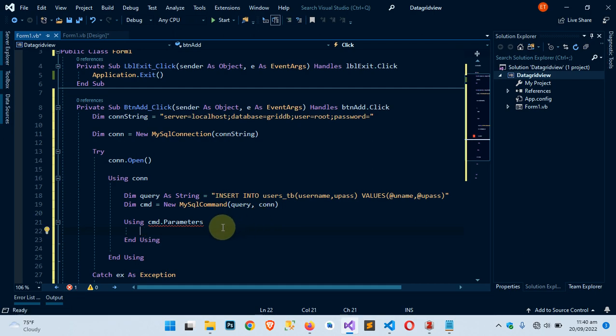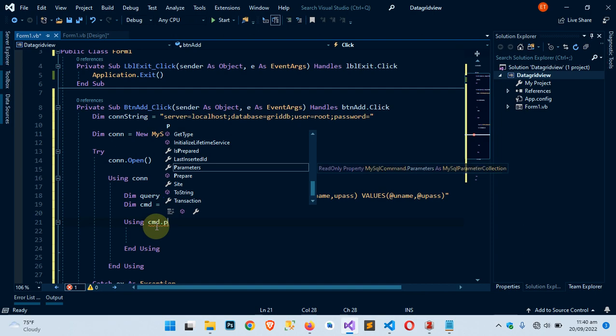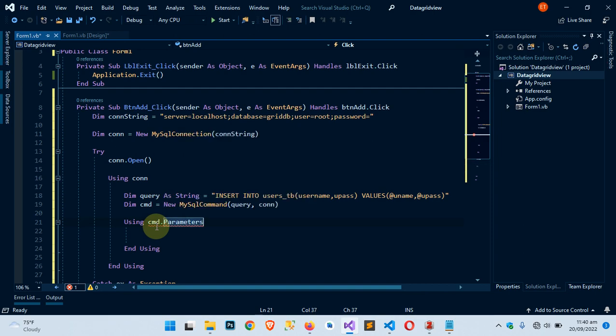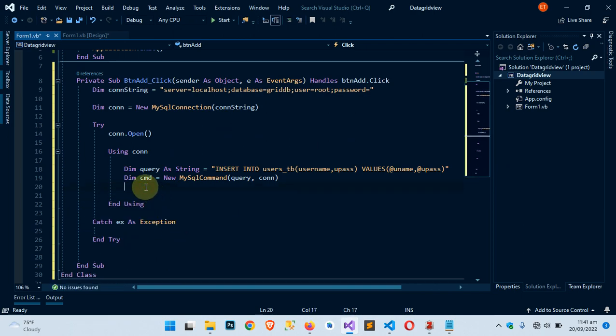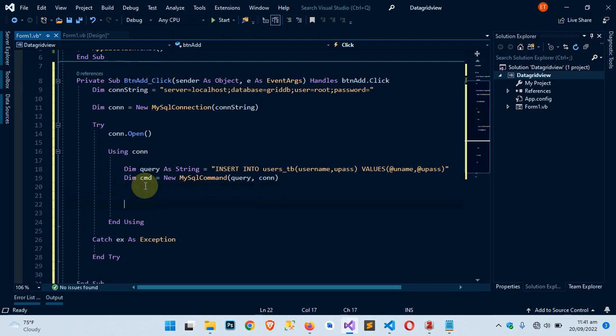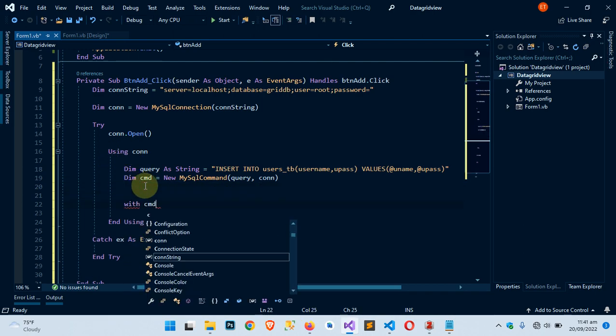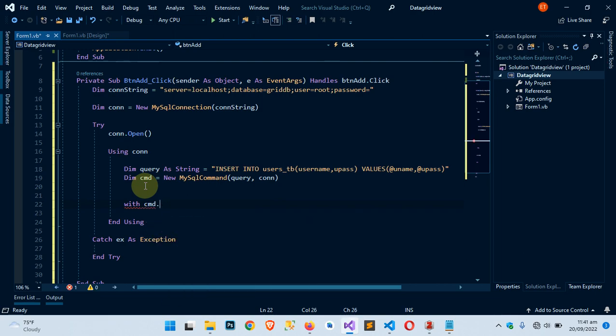What is up, some sort of error here. Oh, okay, so I'm using the Using statement here. Here I'm just going to say With cmd.Parameters. I'll hit enter,